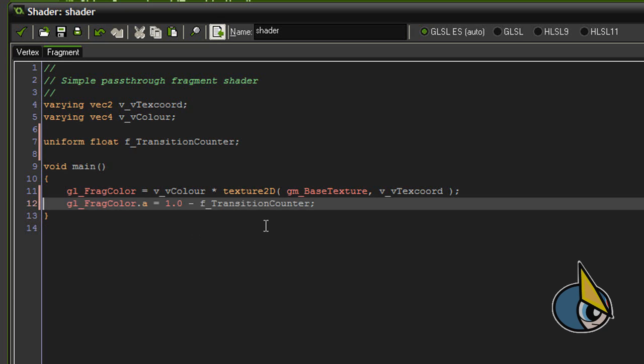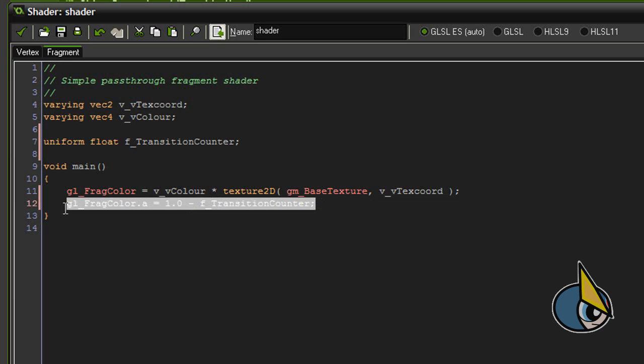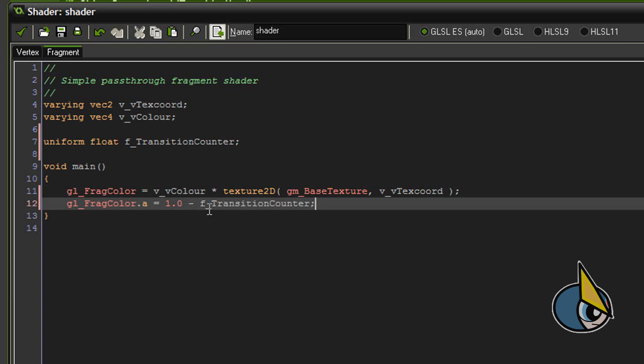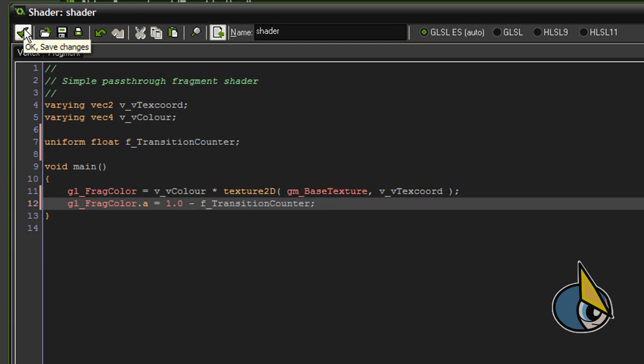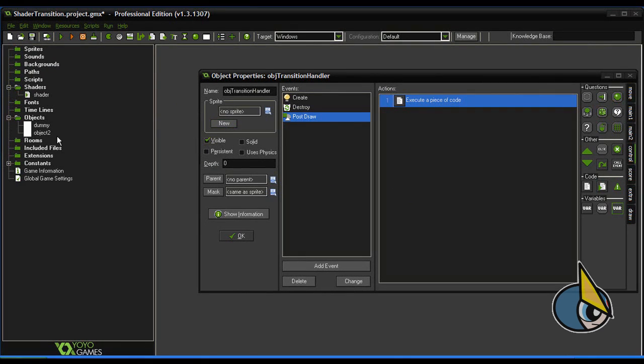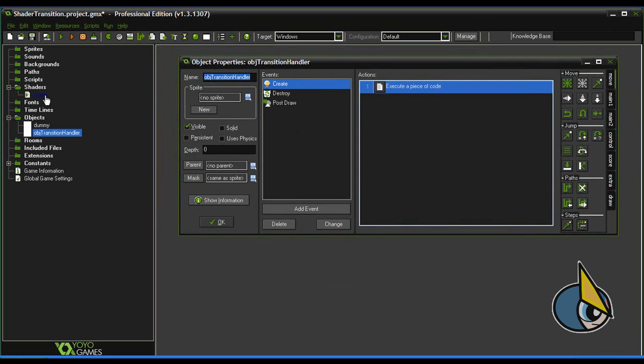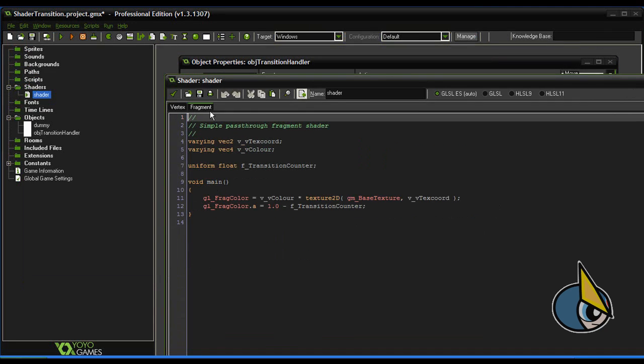Okay, I know it's very disappointing because I just wrote a single line of code, but I don't need more than this. Basically, we are decreasing the alpha to the target room. You will see now in a few minutes. Okay, so we have our transition handler object. We also created our shader,